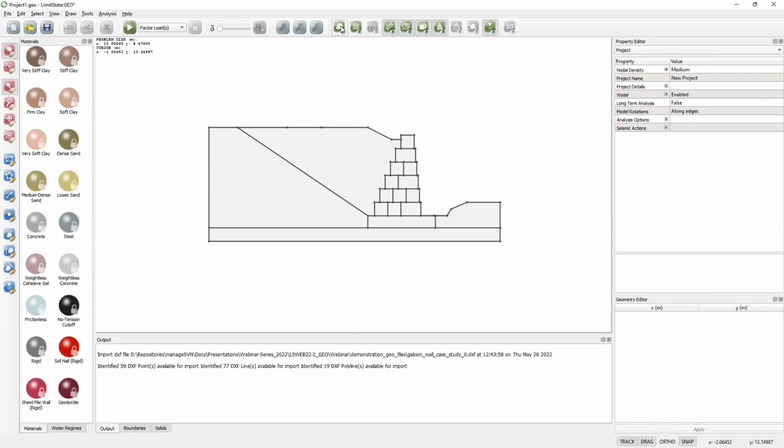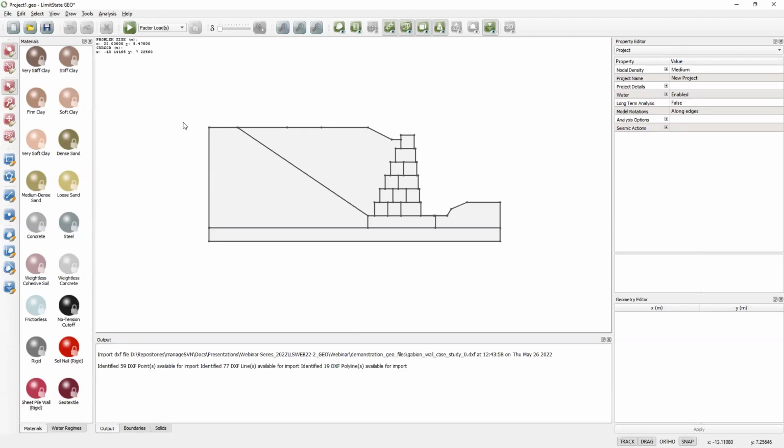Now, of course, we need to add materials, properties, boundary conditions, and loading. And potentially, when we're first exploring this type of problem, we might not have a detailed site investigation, but we might want to carry out a scoping study based on a general indication of the soil type. And the software has built-in common materials. So while it may not be fully realistic, I'm just going to add in some simple materials here